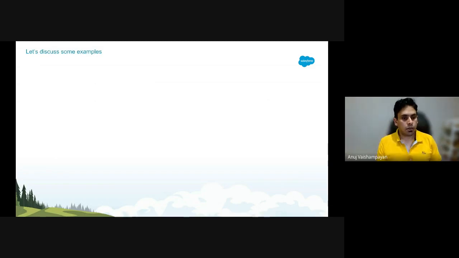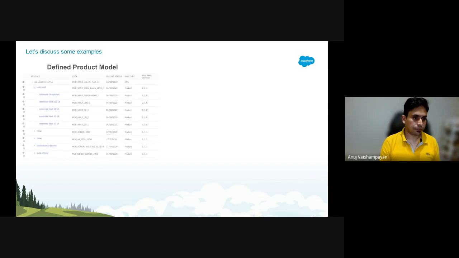So let's discuss some examples of some product models and how you could optimize them. This is one example of a product model which was created for one of the Comms Cloud customers. You could see that this is a bundled offering. You can see there are variations based on the speed of the product,